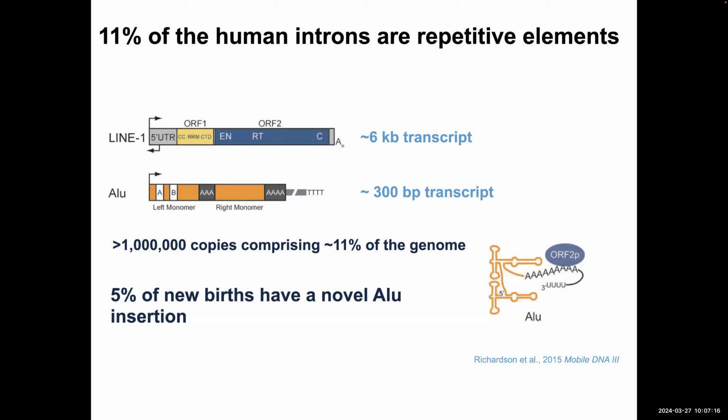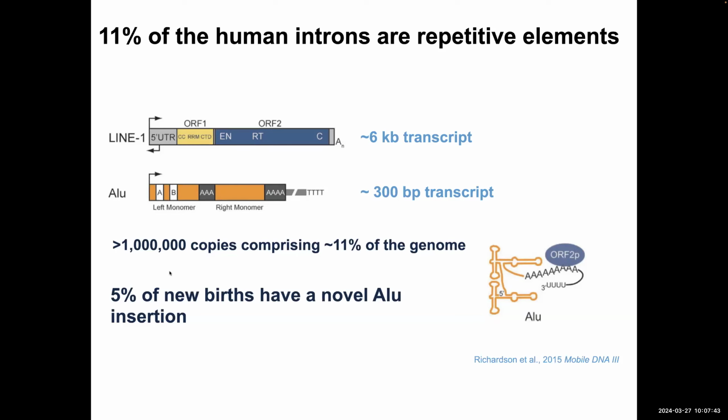And that's where they're from. The major ones we're going to think about today are LINE and, in particular, Alu elements. Alu elements don't encode a reverse transcriptase, but co-opt a LINE reverse transcriptase to jump around. There are about 1 million copies of these Alu elements in our genome, comprising about 11% of it. So this is really a major part of our genome that we don't fully understand the function, or lack of